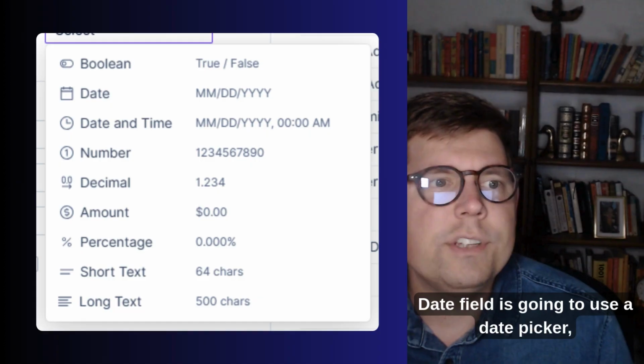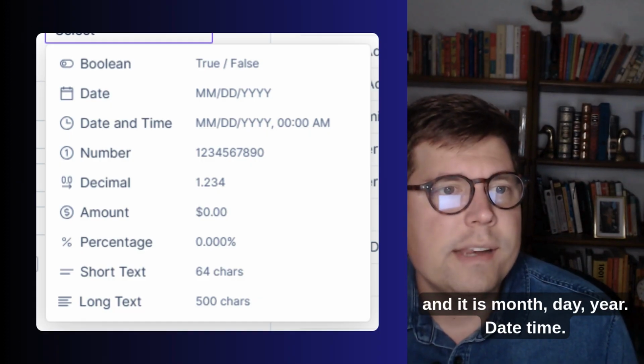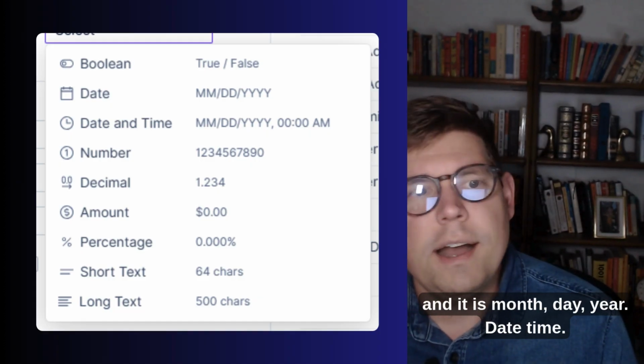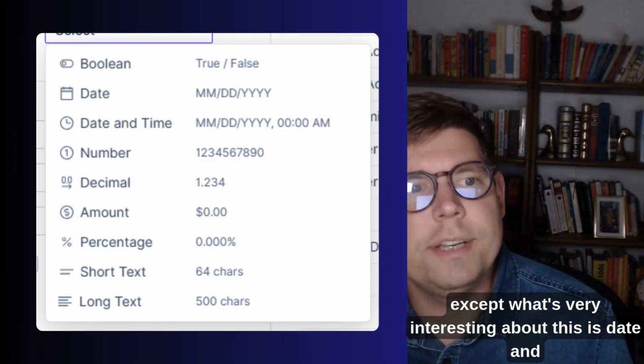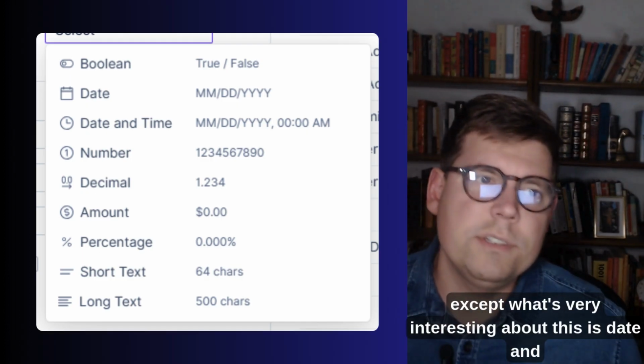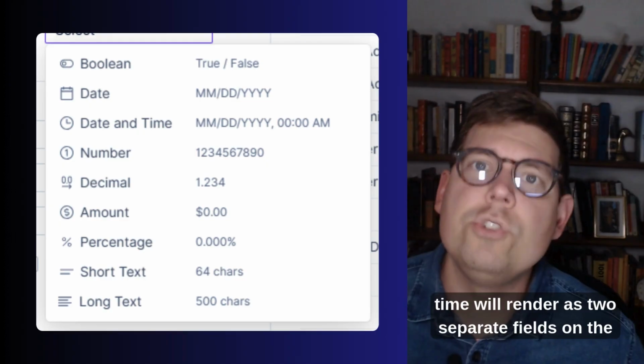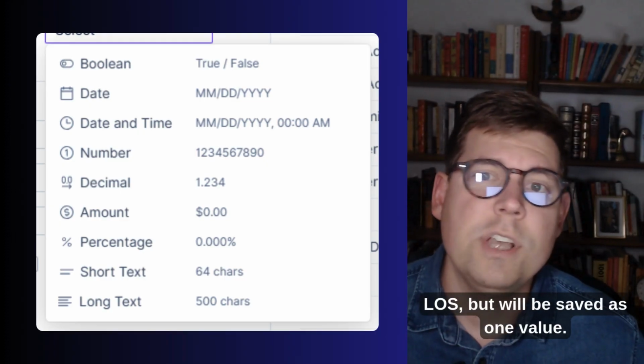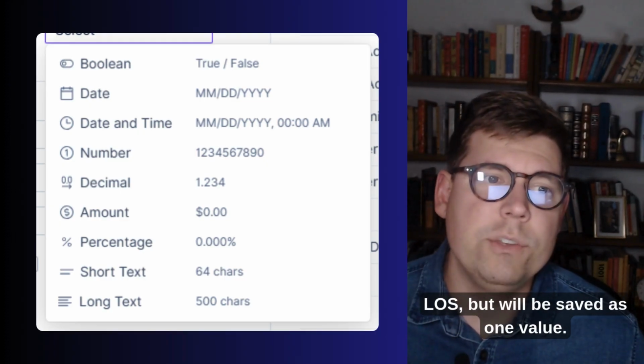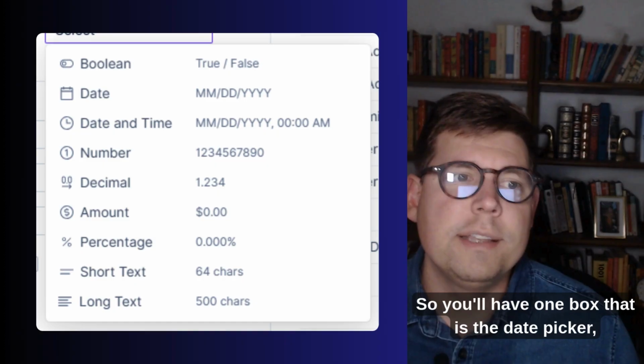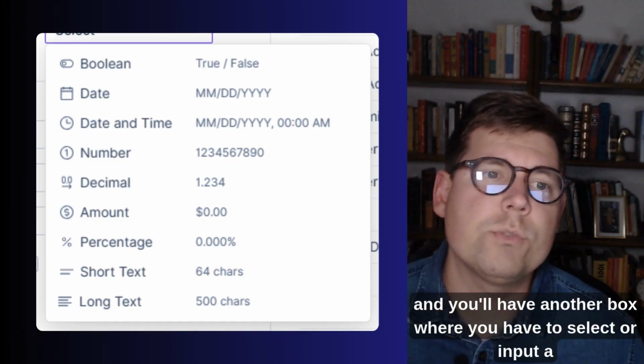Date field is going to use a date picker, and it is month, day, year. Date, time, same kind of deal, except what's very interesting about this is date and time will render as two separate fields on the LOS, but will be saved as one value. So you'll have one box that is the date picker, and you'll have another box where you have to select